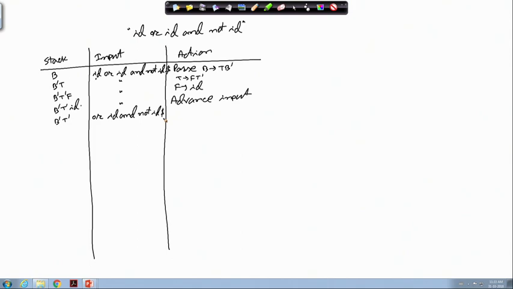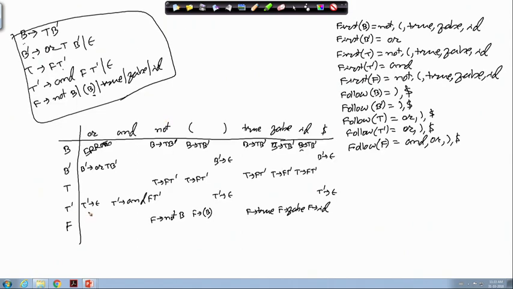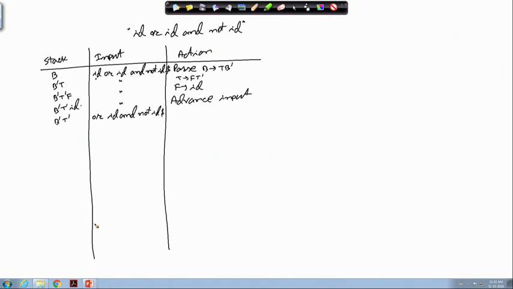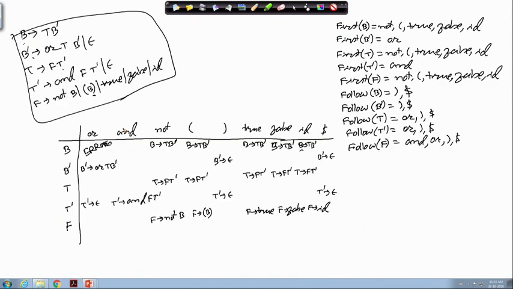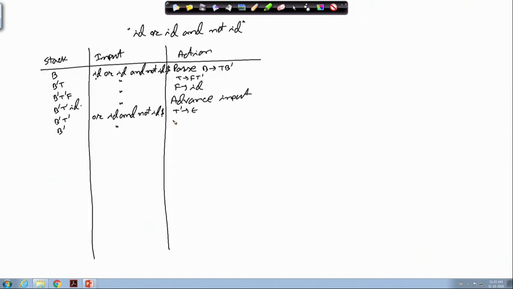Now, I have to see what is T dash, or. T dash, or is T dash producing epsilon. So, T dash will go out of the stack. Now the stack will become B dash and input will be like this only. Now, B dash, or is telling me go by B dash producing or T B dash. So, they will be put into the stack. This B dash goes out and this B dash comes in. So, B dash T or, input remains same.